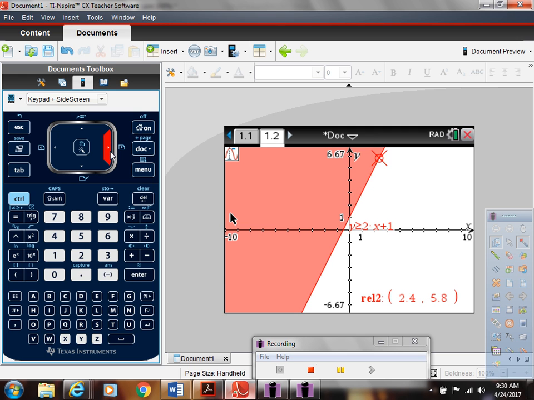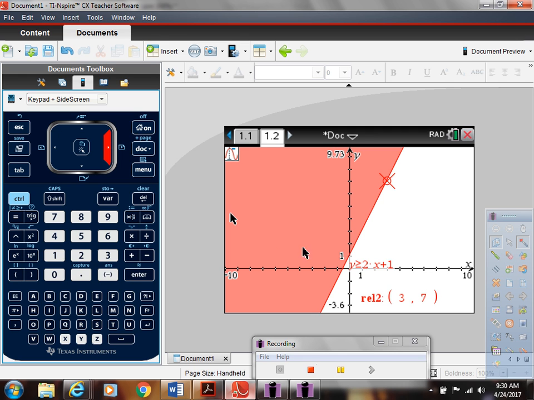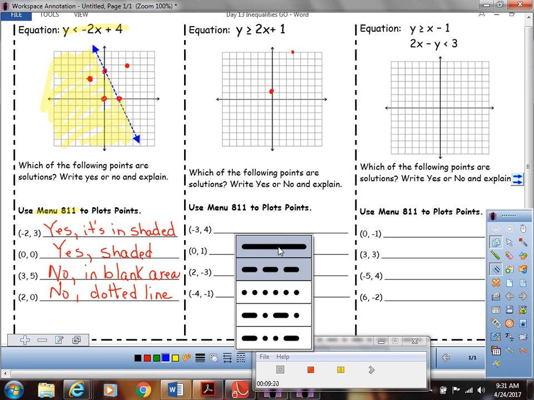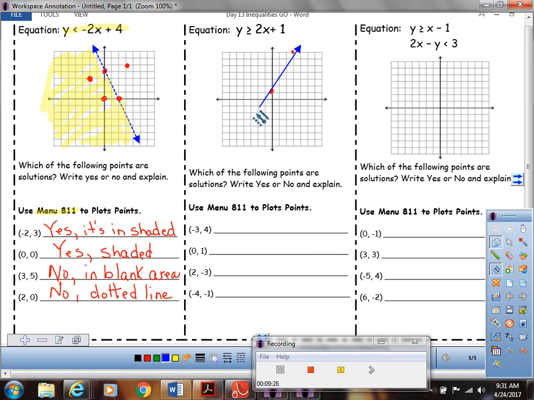Anybody find one yet? 3, 7. Look at that. So 3, 7 and 0, 1. That way we can graph it on the paper. So let's do 3, 7. 1, 2, 3, 1, 2, 3, 4, 5, 6, 7. Perfect right there. 0, 1. And then it's a solid line. Make sure you draw a solid line when you connect them. And then shade in the greater than, which means above the line. Look at your calculator, you can see where the shaded part is. So anything in the shaded and solid is an answer, it's a solution.